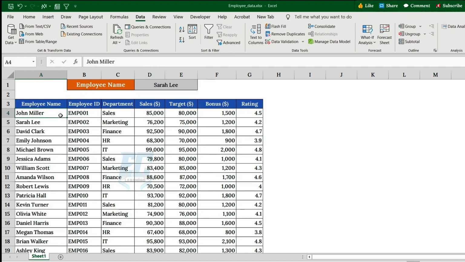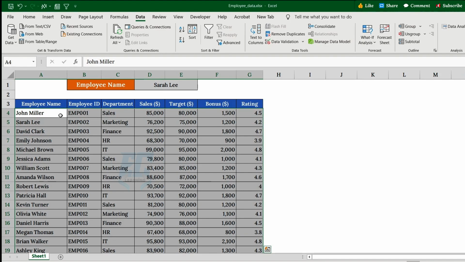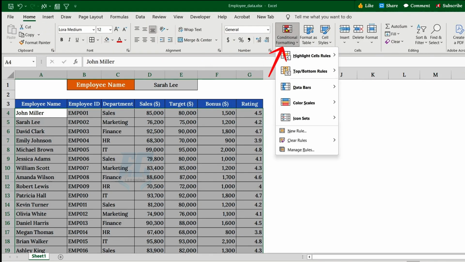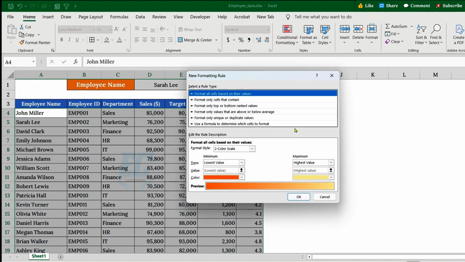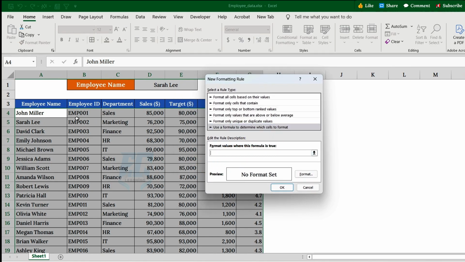First, select your entire table. Then, go to the Home tab. Conditional Formatting. New Rule. Use a formula to determine which cells to format. Now, in the formula box, click on the first cell in your name column, that's where the employee names are